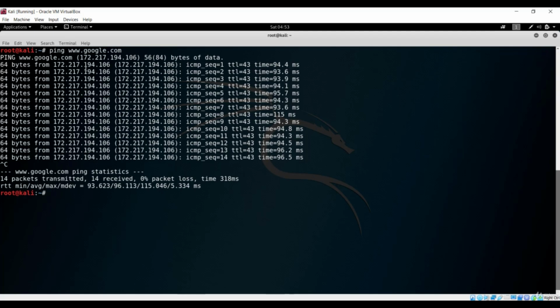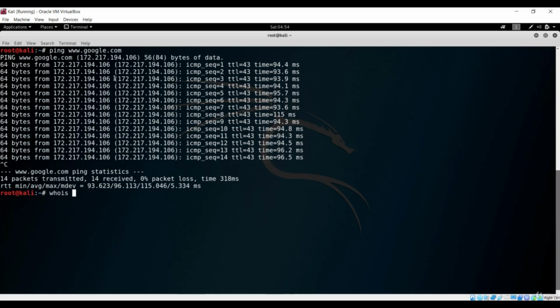And now the next thing you can do is use the whois command and give the domain name. If you want to see who the host is, you can say whois and give the domain name, which is an alternative to the ping command. If you know the domain name, you can simply type ping and the domain name, and it will just give us the IP. If you have an IP and want to get the domain name, then you can simply type this whois